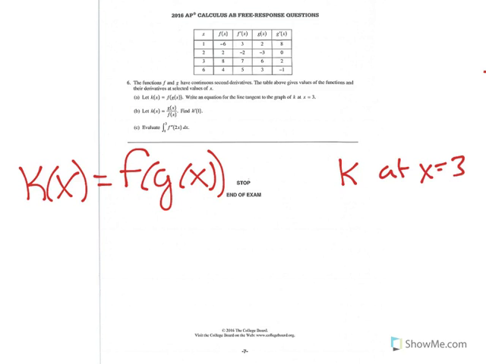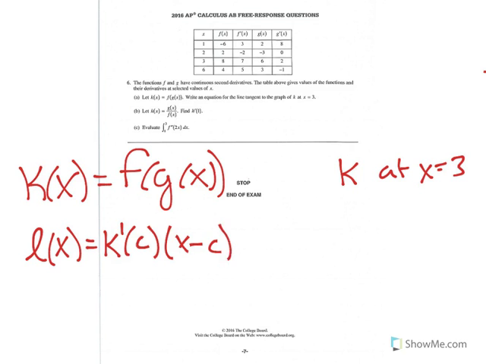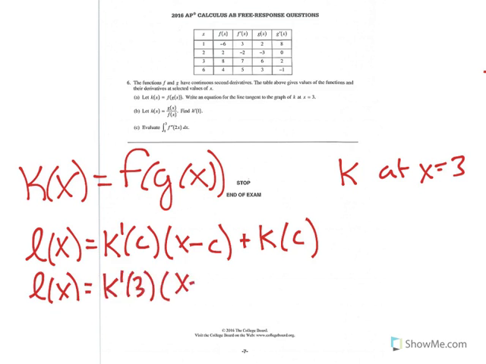Once again, they're asking me for a tangent line to k at x equals 3. So L of x is going to be k prime of c, x minus c. Now, why did I translate it to k? I could have written them down as f's to begin with, but I know I'm doing this to the graph of k, so I filled that information in. So L of x is going to be equal to k prime of 3, x minus 3,